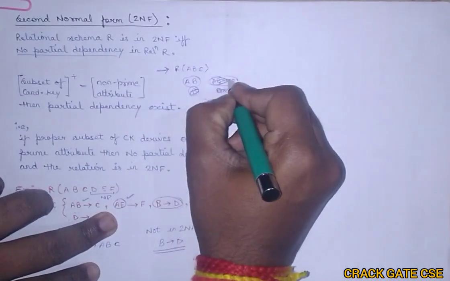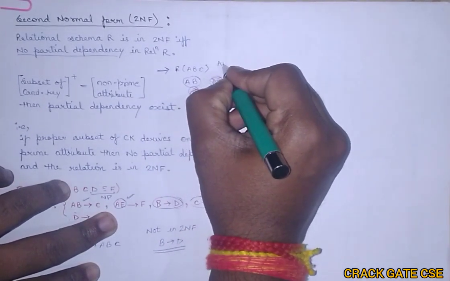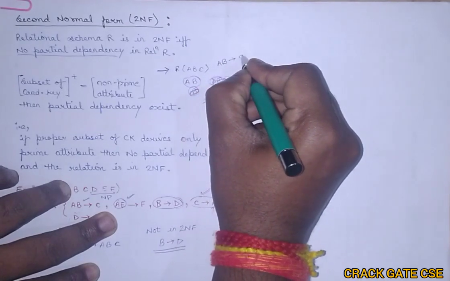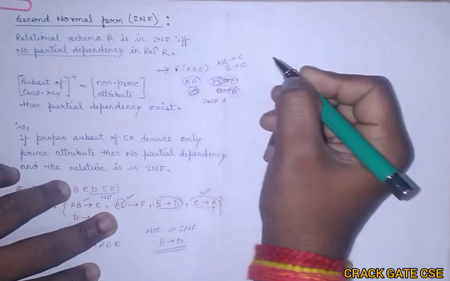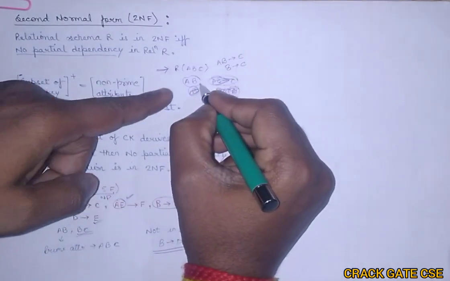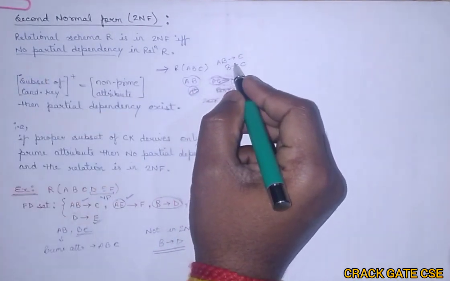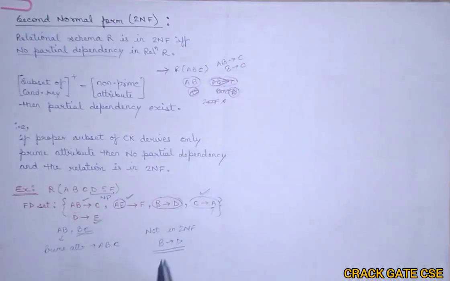And let me write it again. So I am having dependencies as AB to C and B to C. So here you can see that the AB is the candidate key. If you are not able to find out the candidate key, you will be having some problem in understanding this